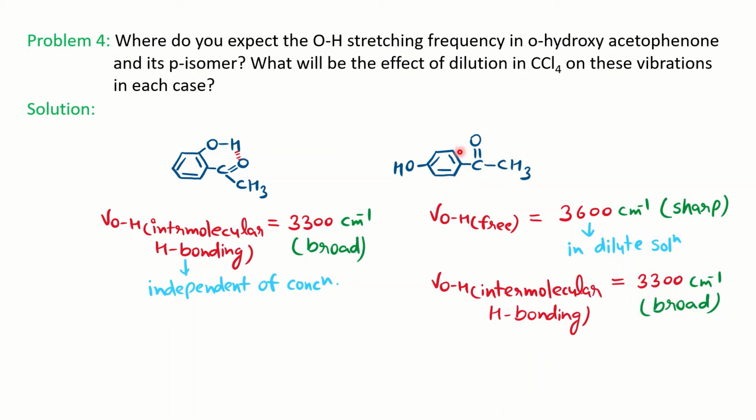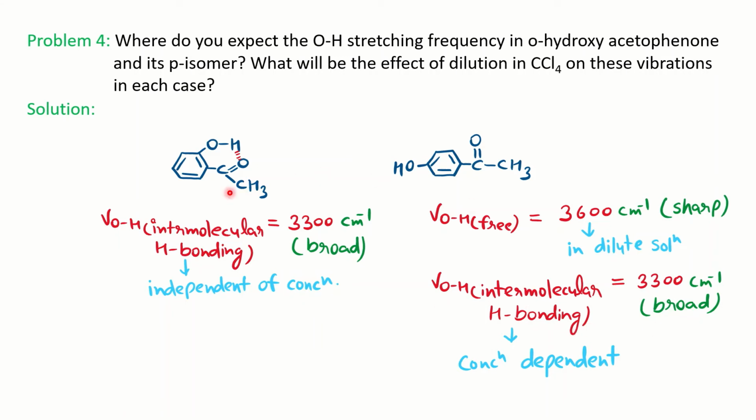So basically, if you have a concentrated solution, you will get a more broad peak for the hydrogen bonding and a small sharp peak for free OH. But if you increase the dilution, then the free OH peak will be more intense and you will have a shorter peak for the hydrogen bonding. So on increasing the dilution, hydrogen bonding will be less here. Basically, intermolecular hydrogen bonding is concentration dependent, while intramolecular is independent of concentration. So in that way you can identify which isomer is present, whether it is para or ortho disubstituted, based on the hydrogen bonding.